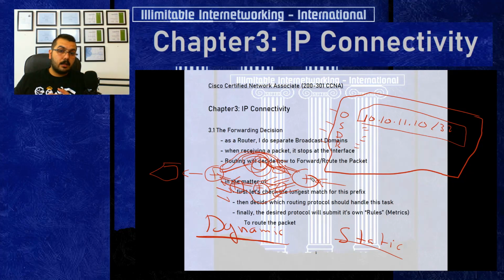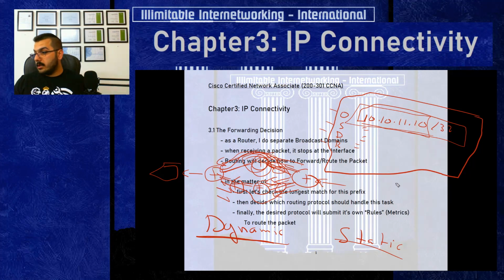In static routes, which we will see in the upcoming video, you tell the router that to get to 10.10.11.10, go this way and this way. In dynamic, you just advertise this subnet or this prefix,